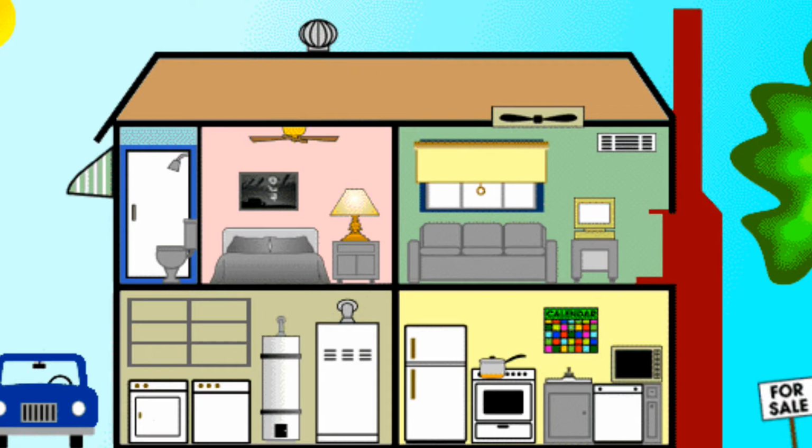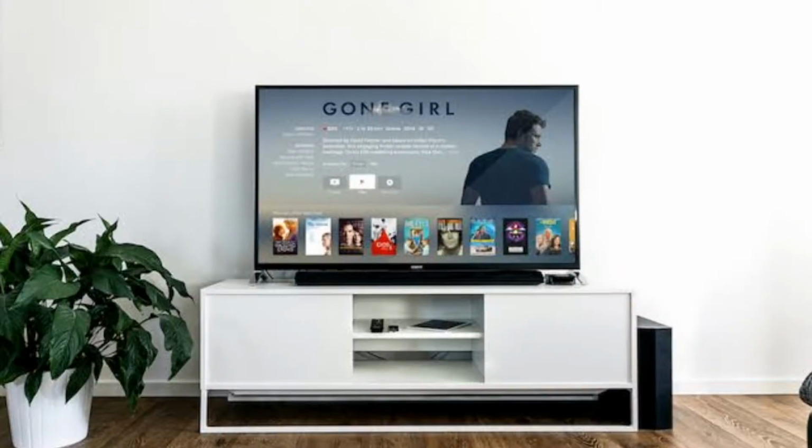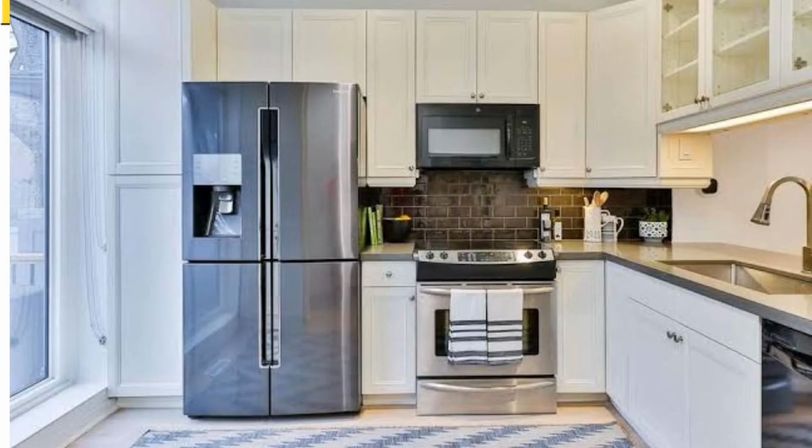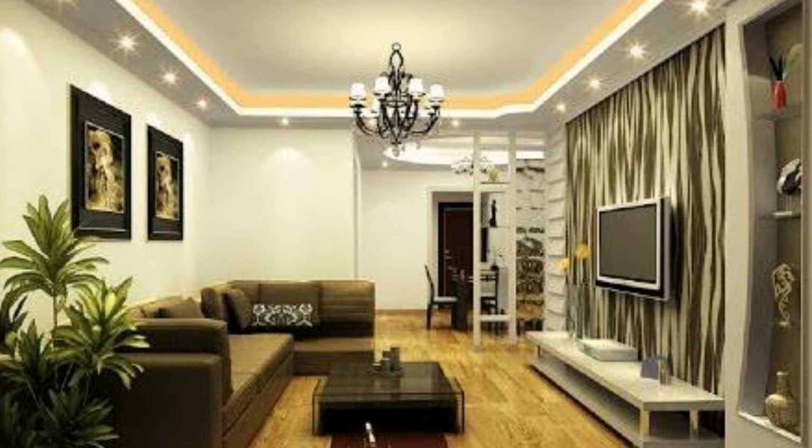Okay friends, let's do an activity. You go and check the technical details of each electrical appliance you are using. You'll see the wattage of different electrical appliances, like what is the wattage of your TV, of your fridge, of your washing machine. Check the wattage of the lights you are using and do comment below.